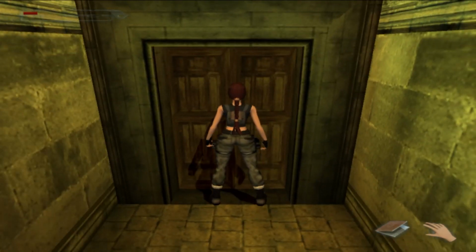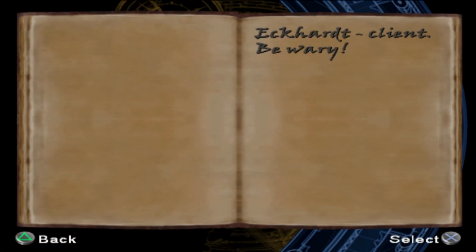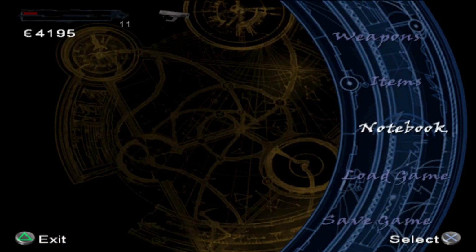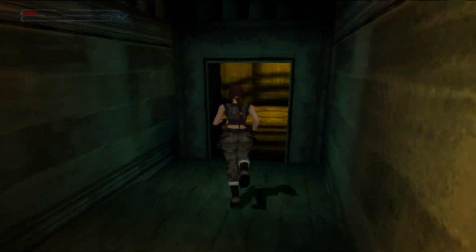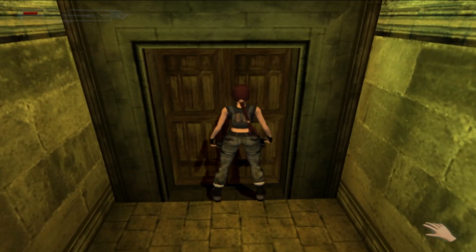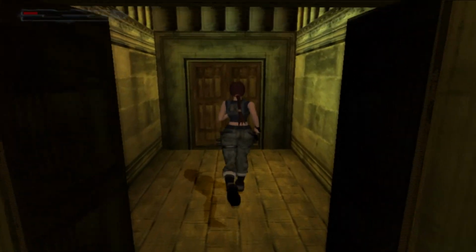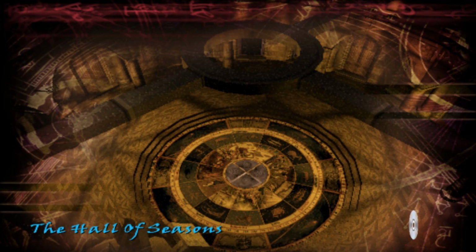And as you may notice, we got an update to our notebook. So let's see what we got. Ultrasis Atrium Custodians. Okay. I guess we translated some cool stuff or something, I don't know. But let's go ahead and open this door and approach another door and enter my favorite level, or one of my favorite levels in Tomb Raider 6,